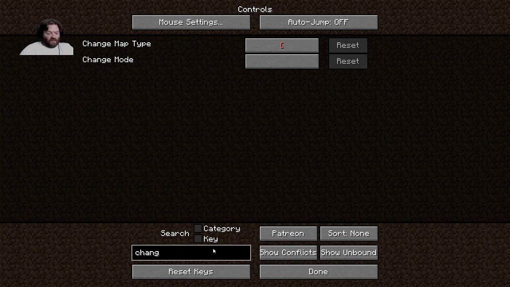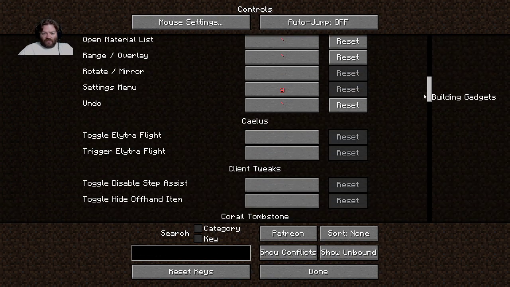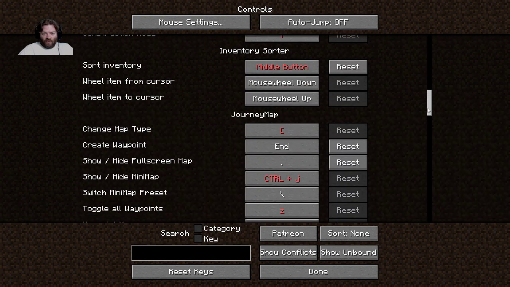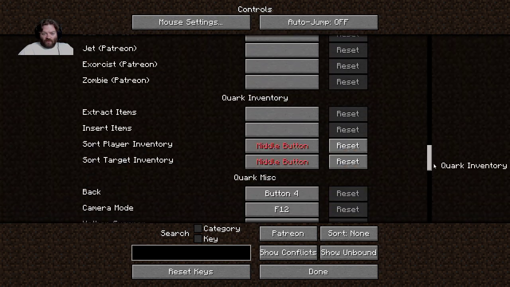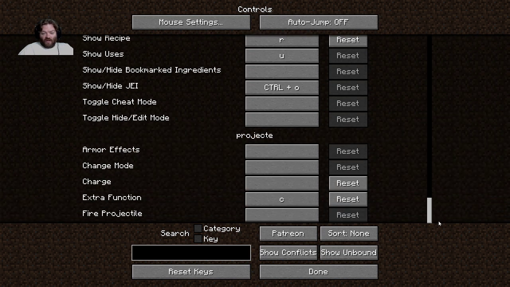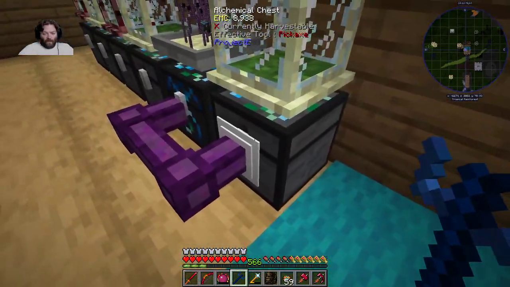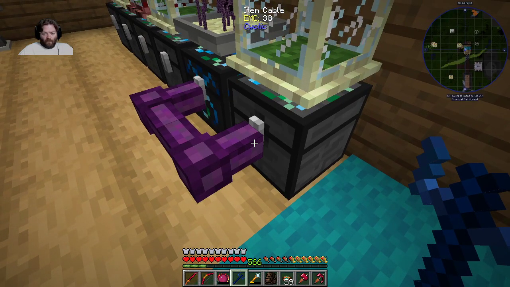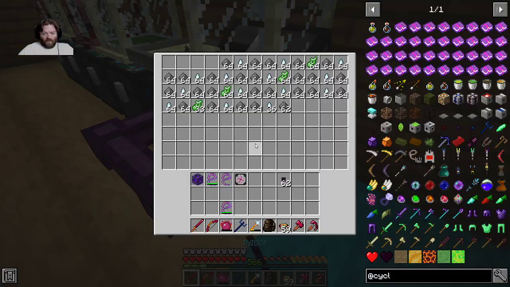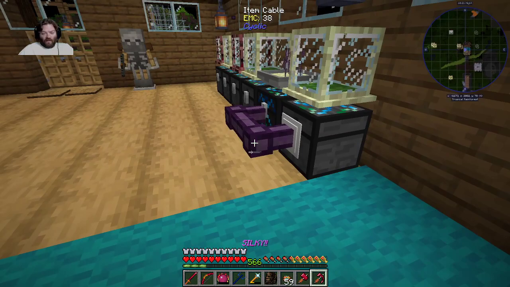Alright, well, let's get out of this. And let's just kind of scroll down and see if Cyclic has Curios, Dank Storage. It might be even lower. Wayla, JI, Project E. No, okay. Well. All I can do is that. And then maybe if